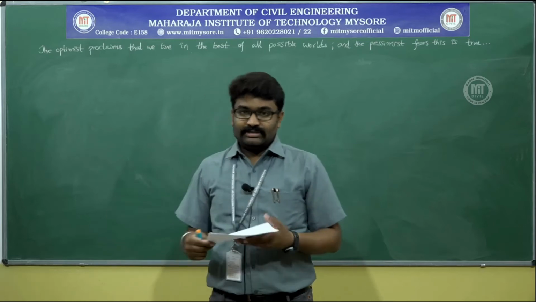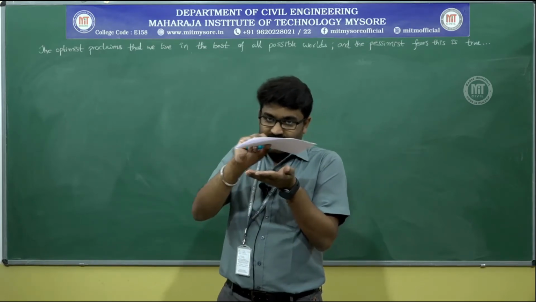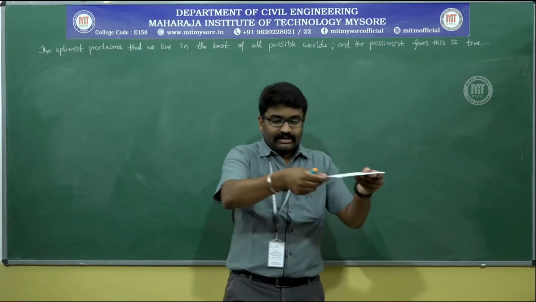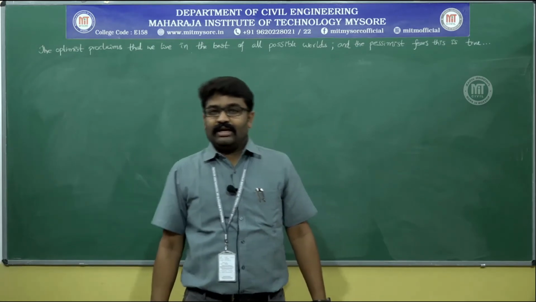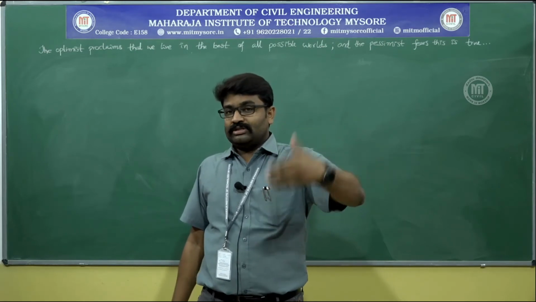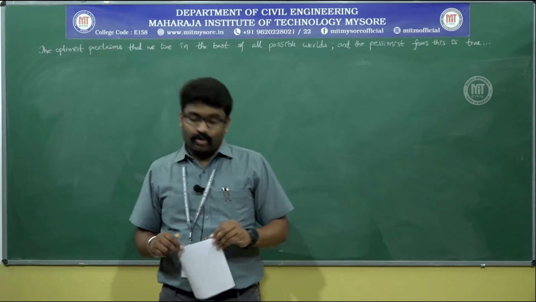There are two large surfaces which are 2.4 centimeter apart, and in between them is a thin plate whose area is 0.5 meter square, and this has to be pulled at 0.6 meter per second velocity. And to do so, there are two conditions with which you will have to calculate what is the force required to do it.